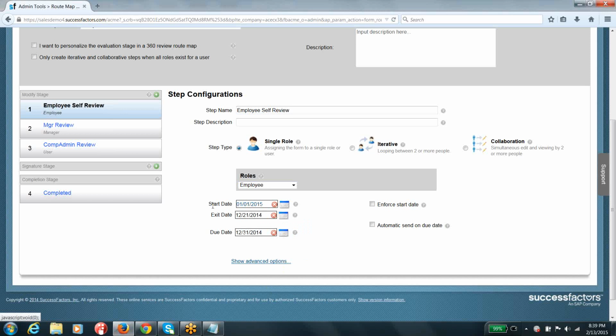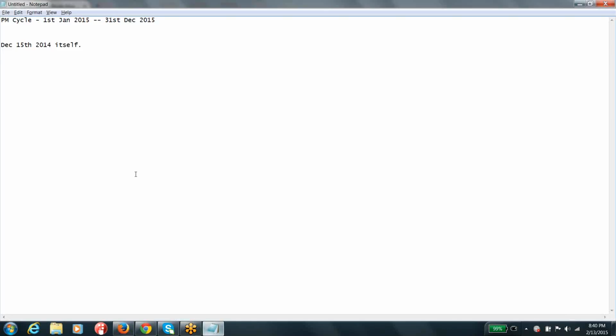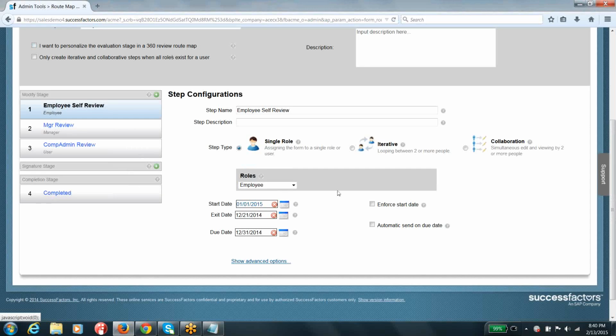Sorry, guys. This start date is the one that the system is going to keep track of, and say if your admin has launched this form on December 15, 2014, right? Yes, you can work on that particular form starting from December 15th, the moment the form is available with you. But what I mentioned earlier is true if they select this enforce start date option, guys.